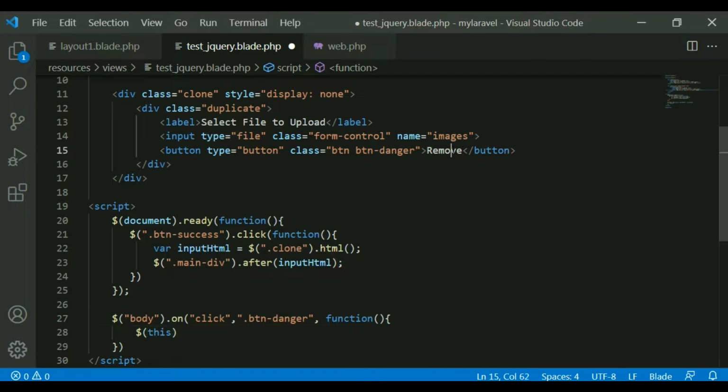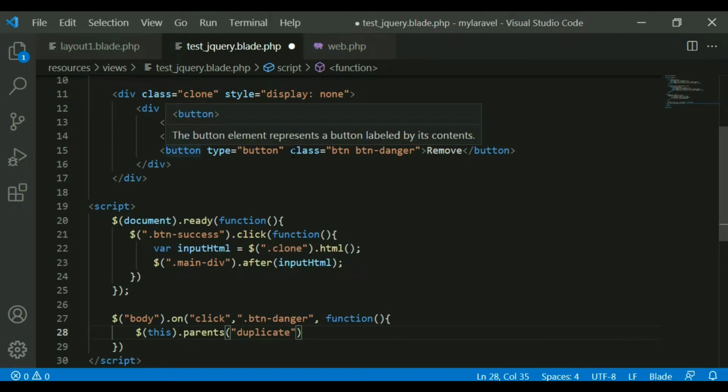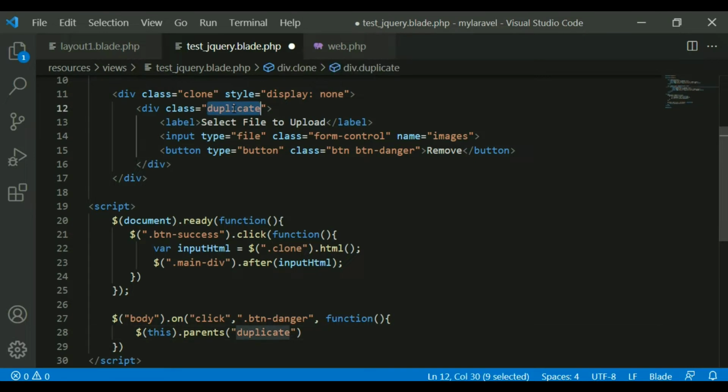This button has a parent, and the parent is our duplicate. This is the parent div of this particular item. So this button is basically inside this duplicate, and parent of duplicate means this clone. I want to remove it.